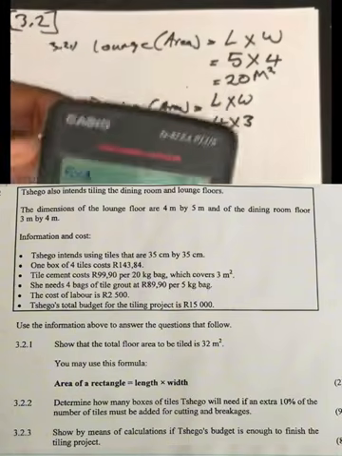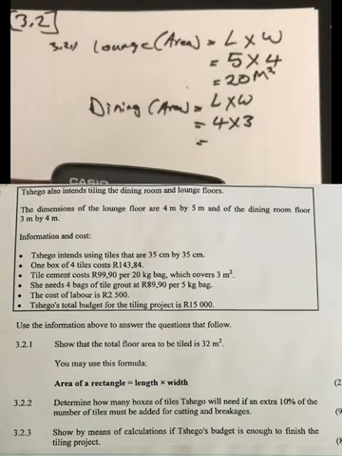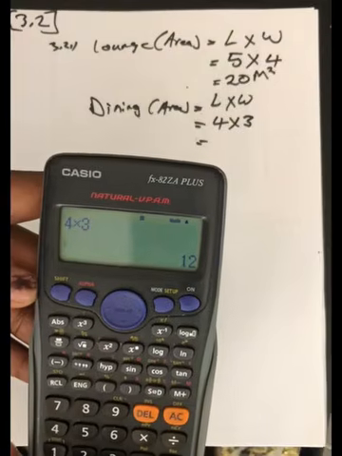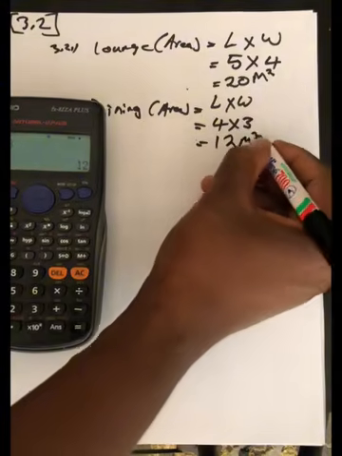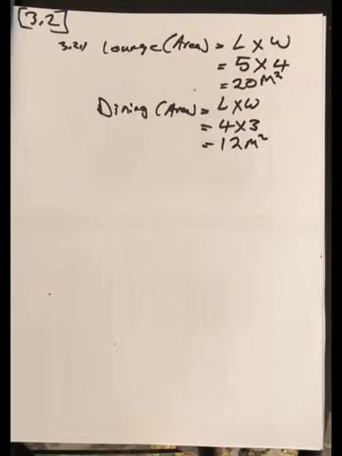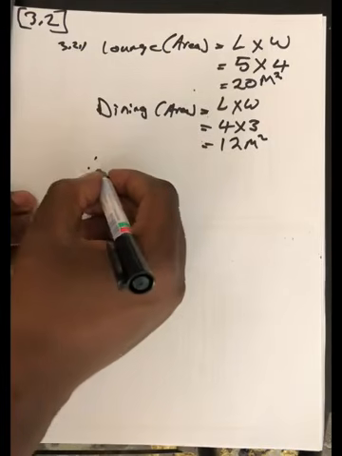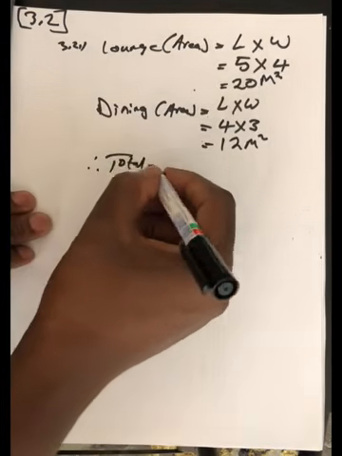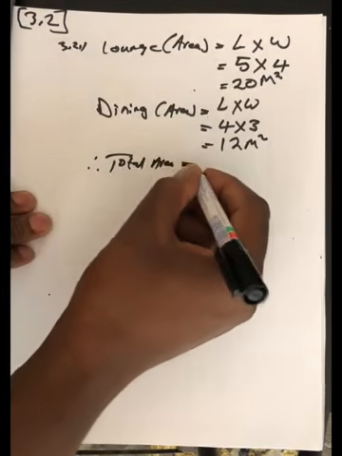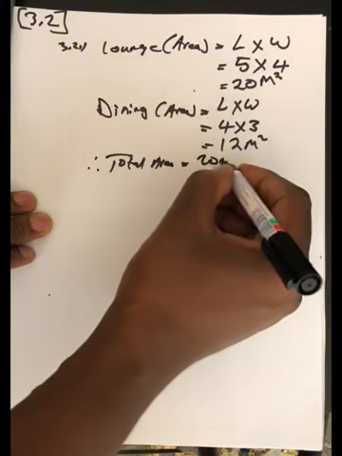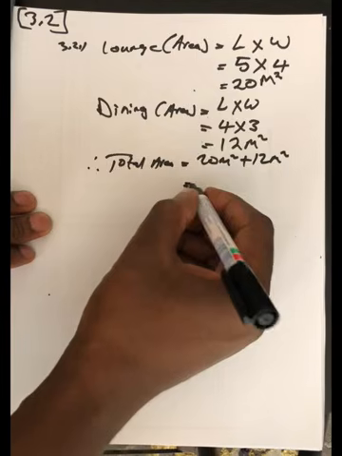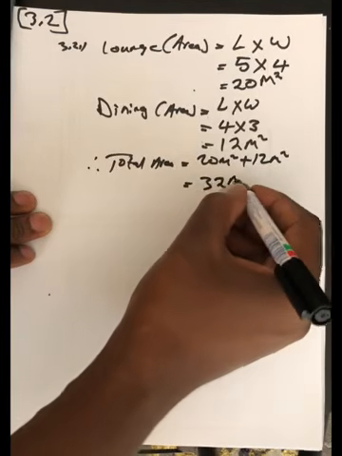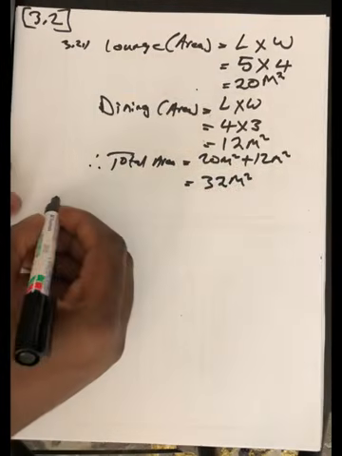Let's take a calculator. We're going to say 4 multiplied by 3. The answer is 12 meters squared. And then the question wanted us to calculate the total floor area. We're going to say, therefore, total area is going to be 20 meters squared plus 12 meters squared, which is 32 meters squared. Then